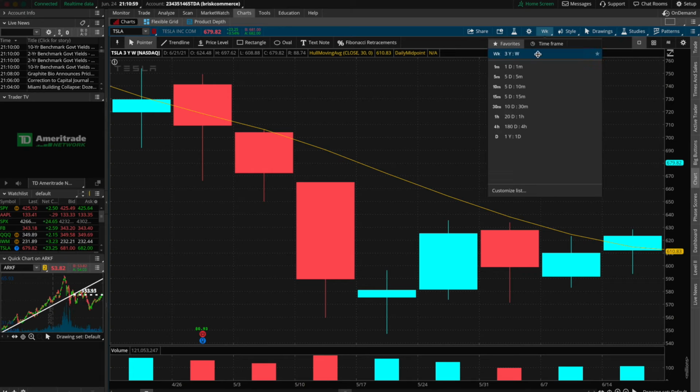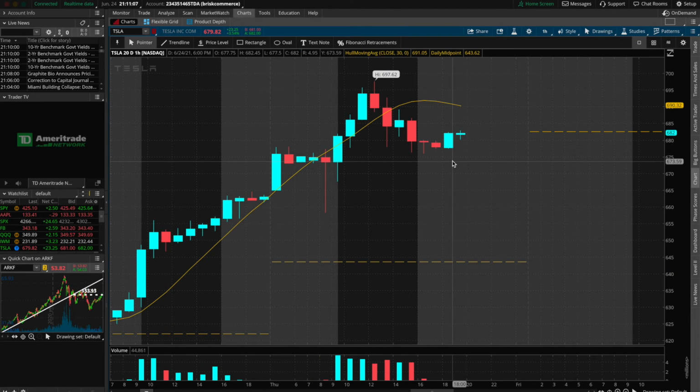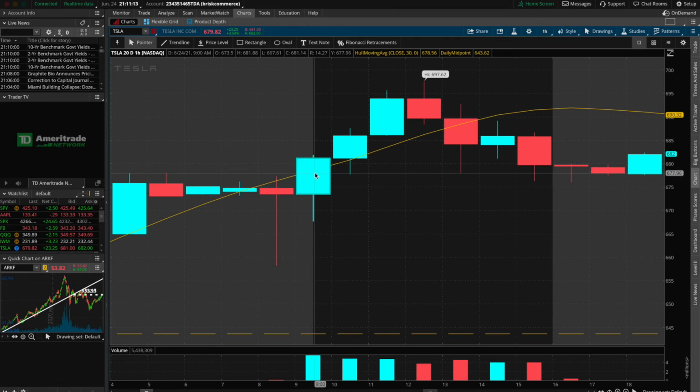Now, as you can imagine, these candlesticks are going to be the same in every single time frame. It's just that you're going to get closer and closer to real time. So in the hourly time frame, you'll see minimal price action, but relatively informative as well. In the hourly time frame today, for this candlestick right here, for the hour of 11 o'clock a.m. to 12 o'clock noon, this candlestick opened at